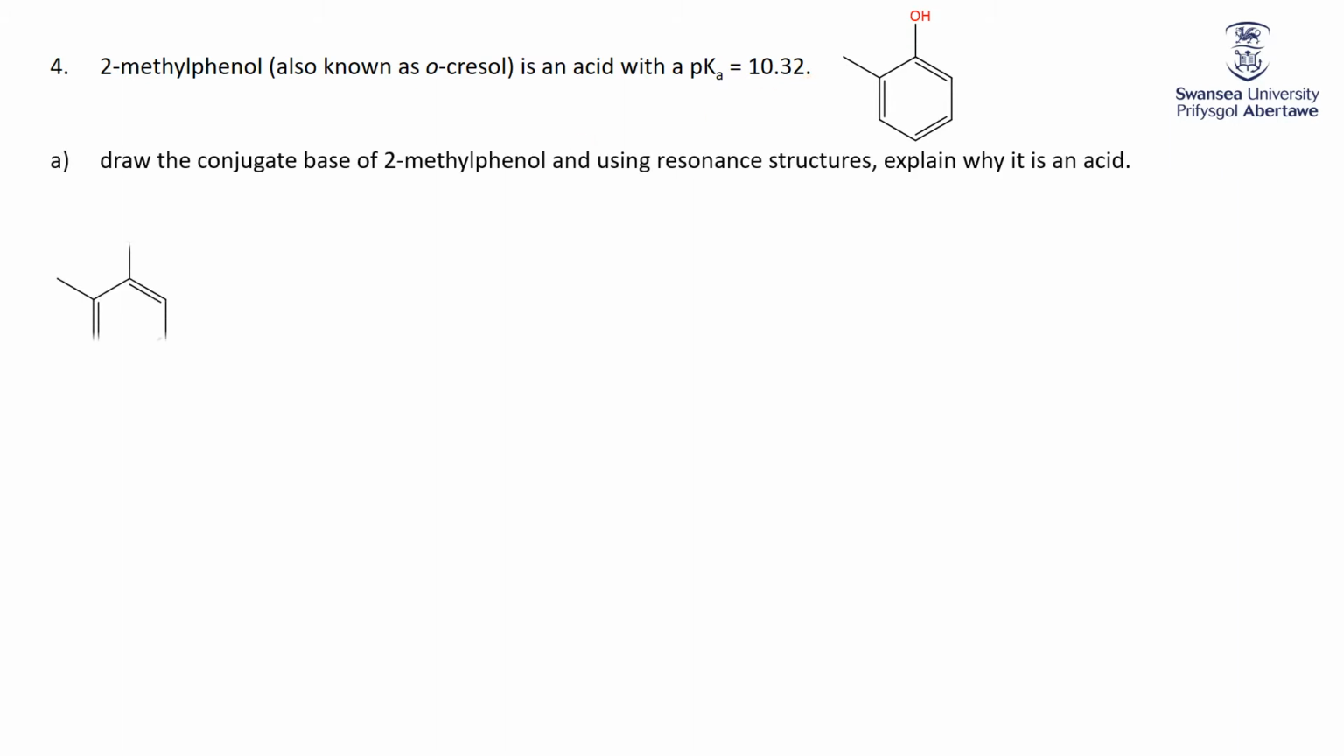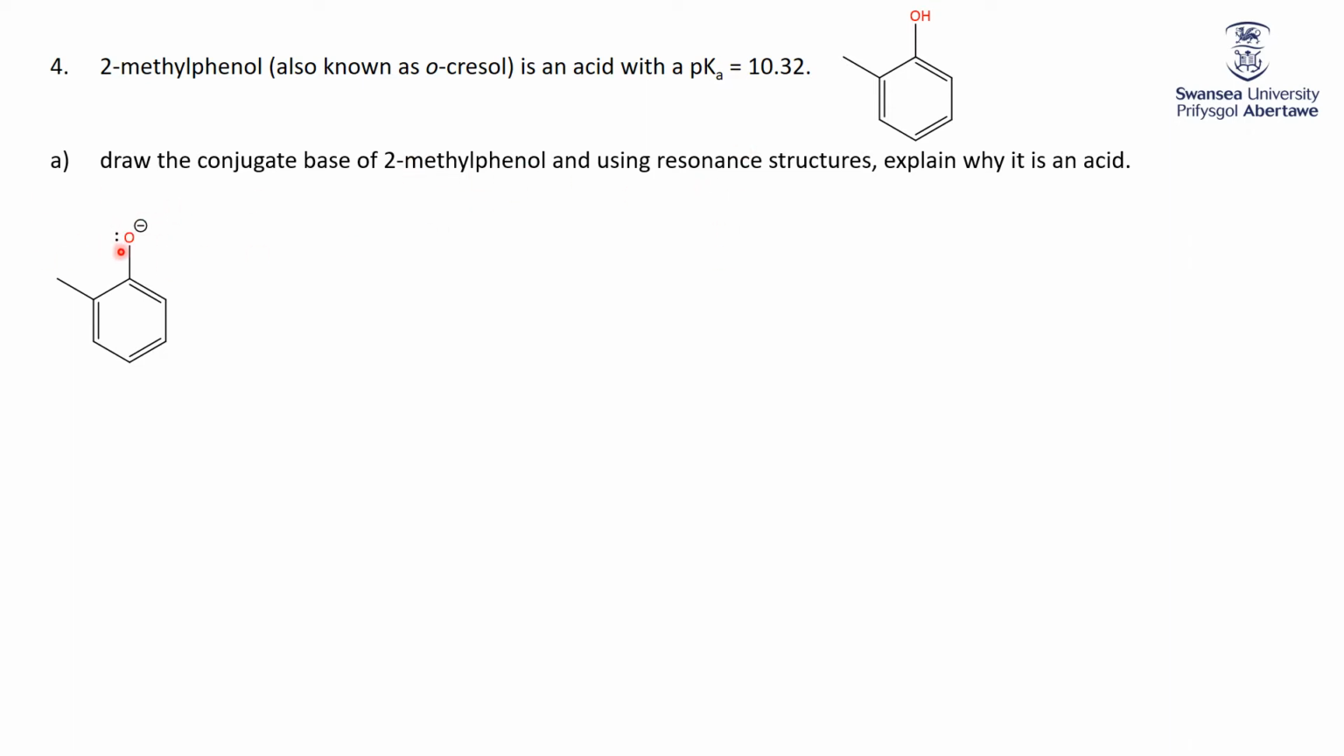First thing, draw its conjugate base, and using resonance structures explain why it's an acid. Well, here's the conjugate base where we've lost that acidic proton. So we've got a minus charge on the oxygen, which we're indicating by showing this oxygen actually has, of course, 3 lone pairs, but I don't really care about the 1 lone pair as shown. Now, in the same way that phenol is an acid because it can delocalize this negative charge, our 2-methylphenol can